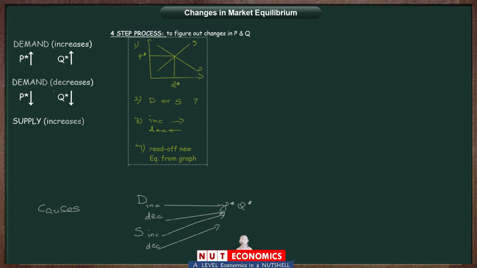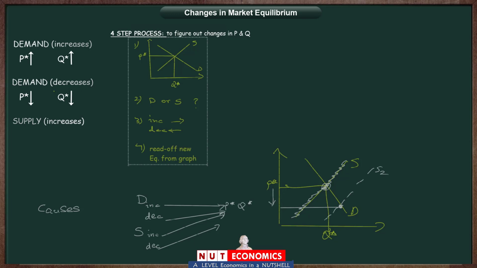So if supply increases, think of it as a video game that you have just learned how to play around with. You start with an initial equilibrium of supply and demand, assume an initial price P star according to this graph and quantity Q star. If supply is increasing, an increase in supply means a shift right of the supply curve. So supply shifts to the right to S2. This is not our supply anymore, so this is not our equilibrium anymore. The new equilibrium is where the new supply crosses the demand. So mark it out, and read off from the graph that if supply increases,